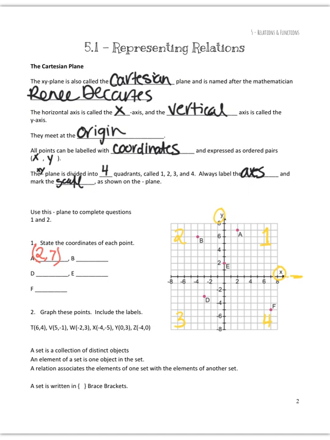B is on the other quadrant. It's in quadrant 2, where we list our x value, which is -4, and our y value is +6. So continuing in this fashion, you should get D is -3, -3, E is 0, 2, again, because